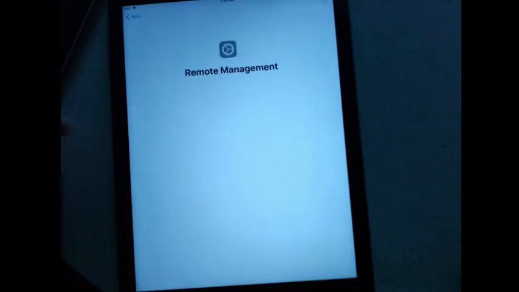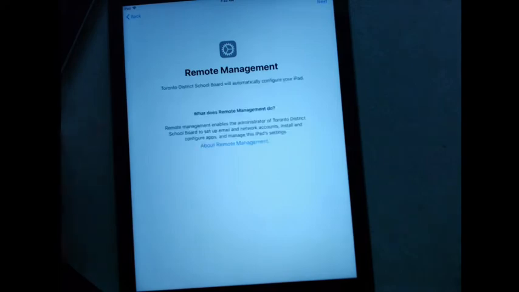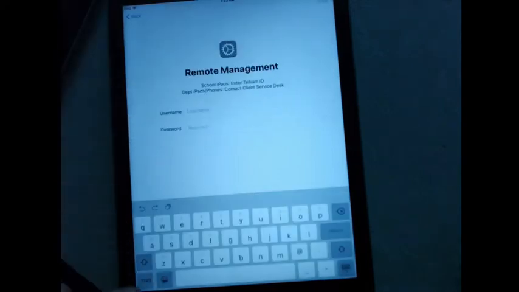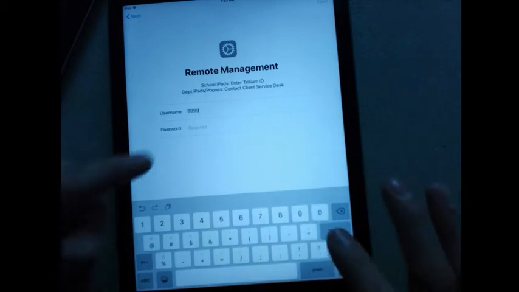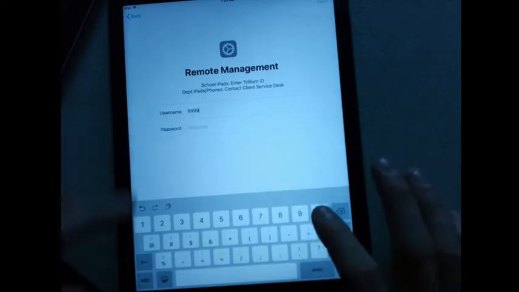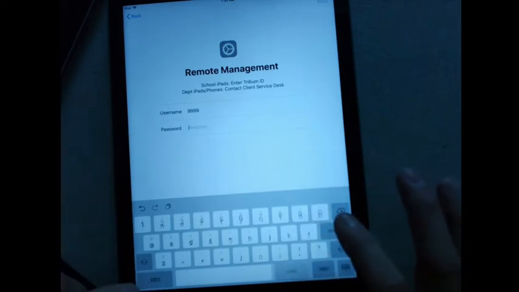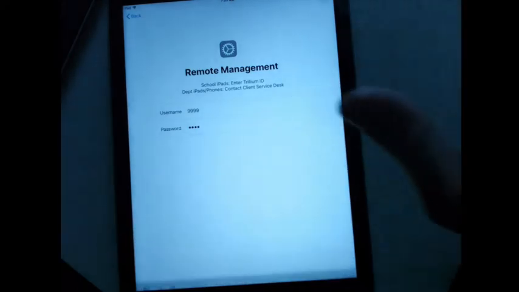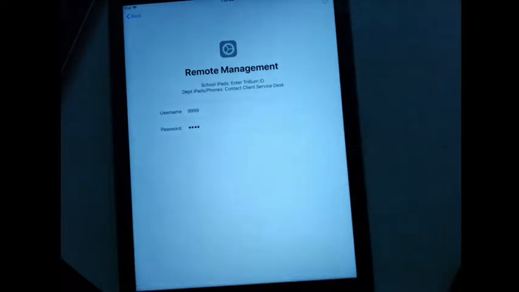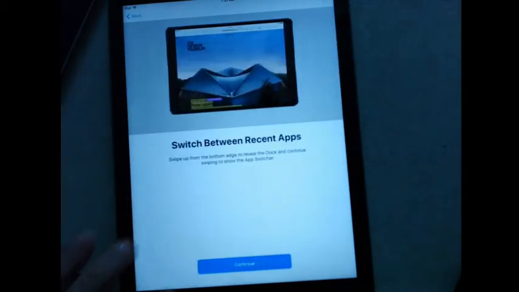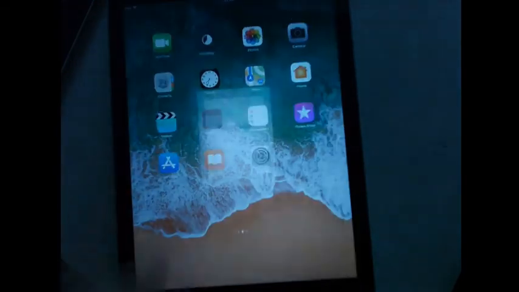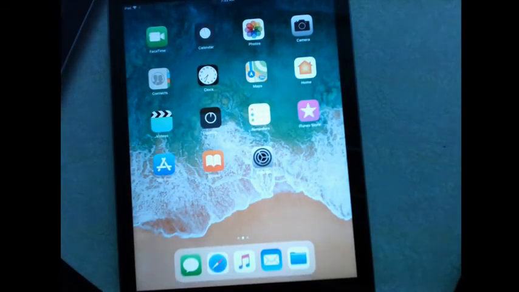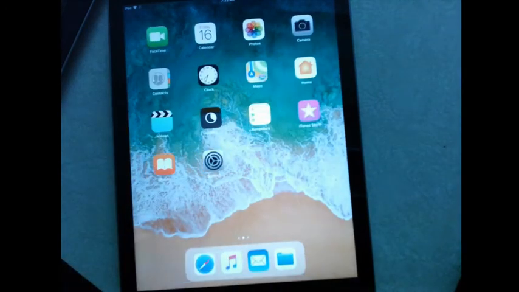Here we go. Remote management. Hit next. And the username, 9999. Yours may be different, but mine's for my fake school here, it's 9999. For both the username and the password, I put that 4-digit Trillium number in. Click next. That magical part is now done. It now knows that this is your school's iPad, and your school has to have all these apps on it. And then it's going to get to work once we blow through this setup here. So now it's back in its vanilla state, and then it's going to start getting all its apps again.